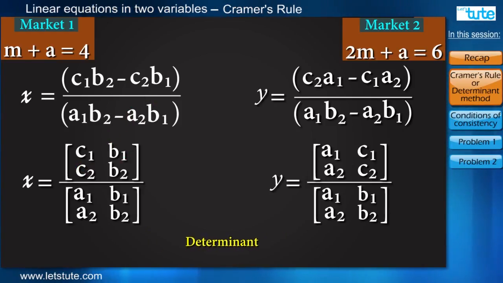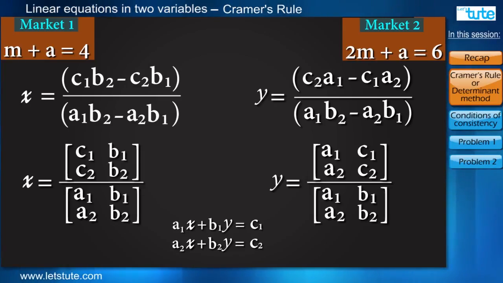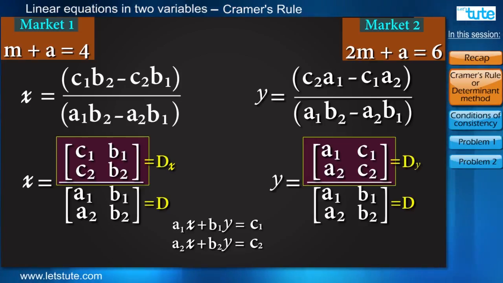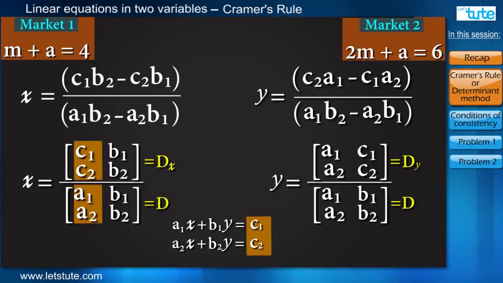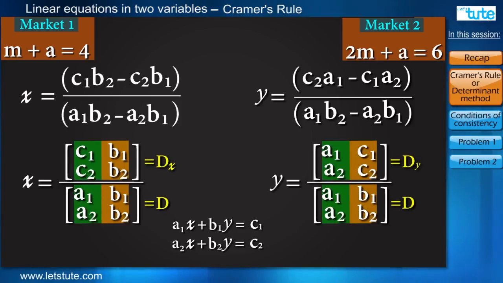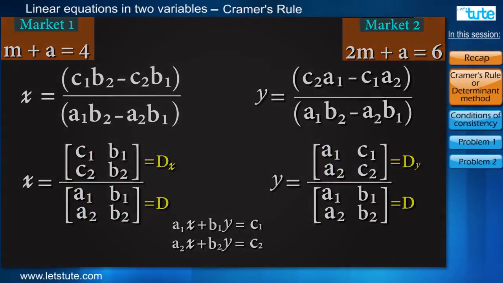And also, this is very simple to get from the equations. As you can see, the denominator of both the variables is the same, which is denoted by the letter D. D is formed by simply writing the coefficients in the determinant in the same order as given in the equations. And the numerators of x and y are denoted by Dx and Dy respectively. Dx is formed by replacing the first column of D with the constants, and Dy is formed by replacing the second column of D with the constants. Since this determinant has two rows and two columns, it is called a determinant of order 2.